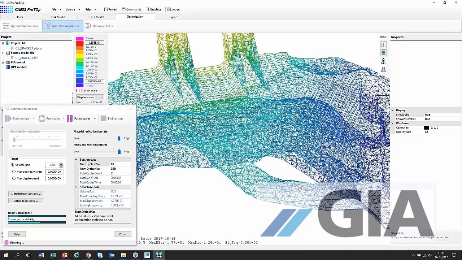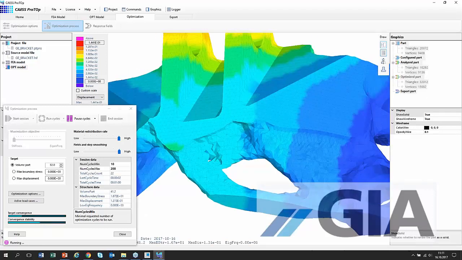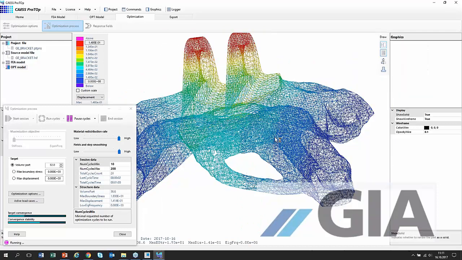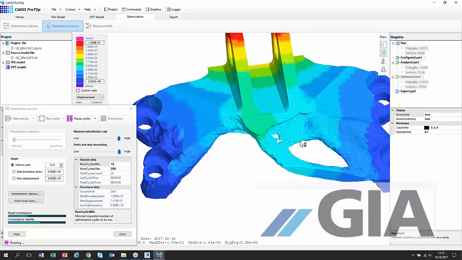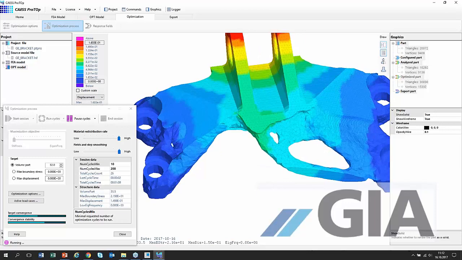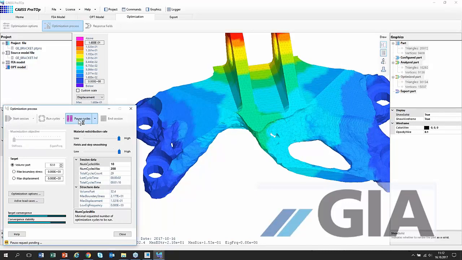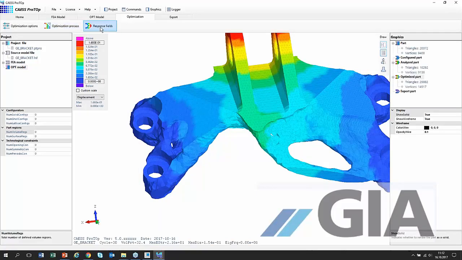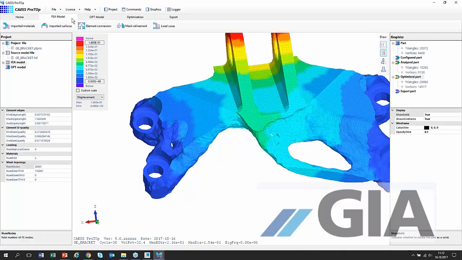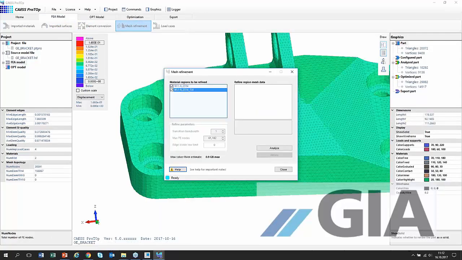the mesh gets too coarse. So in that region I would say the mesh is now, let's say, too coarse for very, very good results. So I say, okay, I reached around 33%. I'm stopping here cycles, and I'm going for my remeshing in the FEA model. So I'm doing here mesh refinement again,